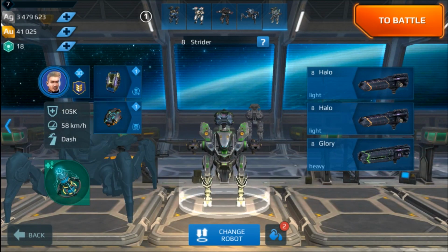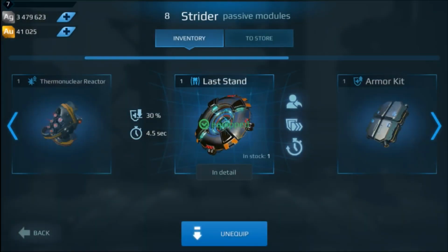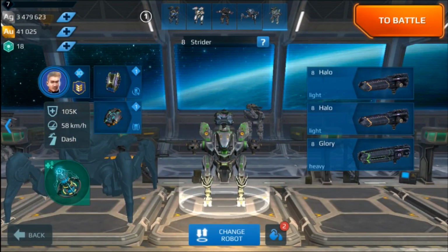Okay, and then my beastly Strider right here. We got our last stand. We have our anti-control. All shotgun. The glory, of course, is insane. The halos are good, but after the nerf, they're not crazy anymore. With the anti-control, they're not great for lockdown, but hey, they still do the most damage close up